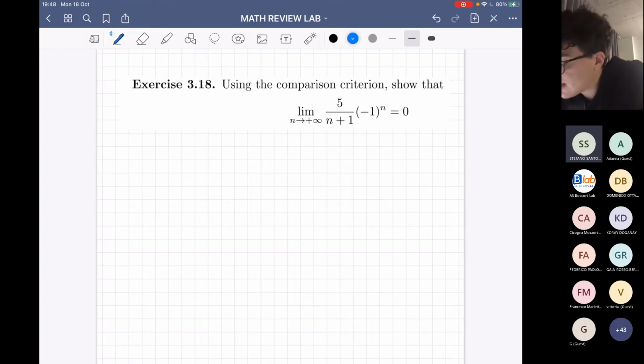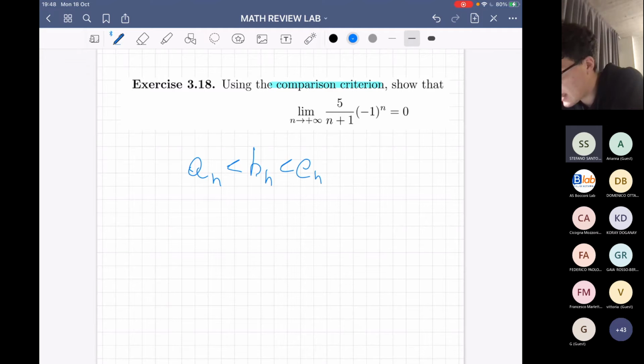They tell us we have to use the comparison criterion. So which is the comparison criterion? It tells us that if we have three functions, or in this case sequences, an less than bn less than cn, so bn is the central sequence,